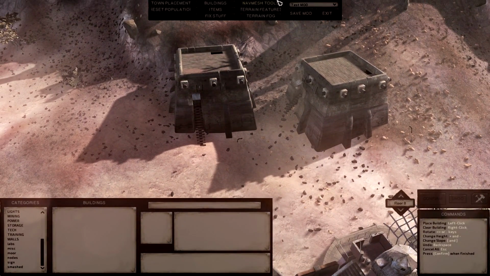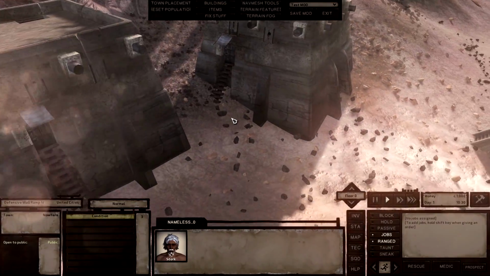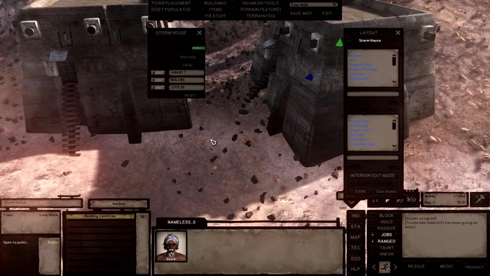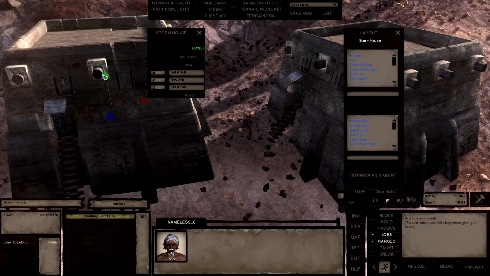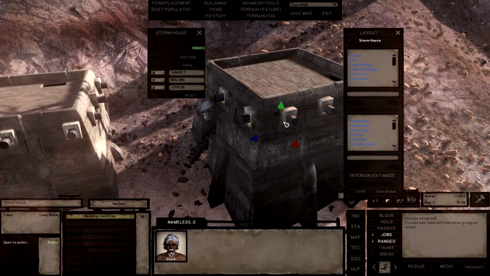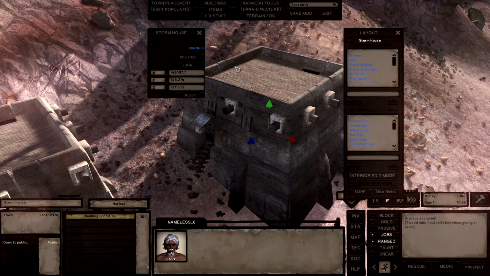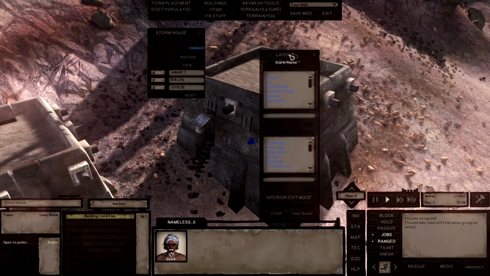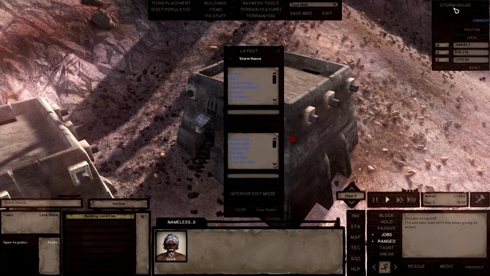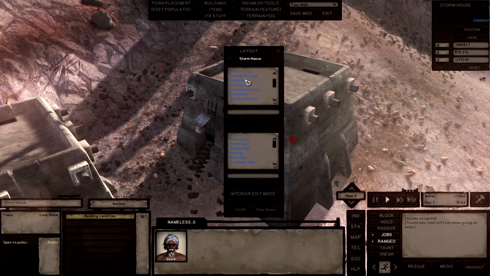All right. Now, let's click on these buildings. How do we assign stuff to these buildings? How do we assign squads and stuff to these buildings, like people, AI, and stuff? Well, that's all determined by, get this, the interior and exterior list. Very exciting. So, you need to keep track of